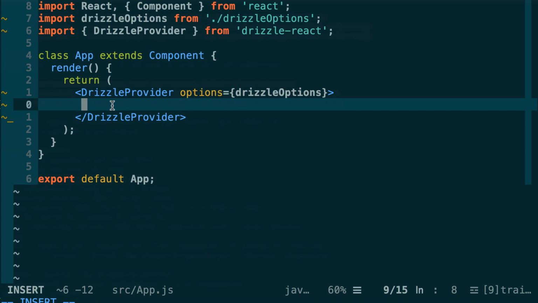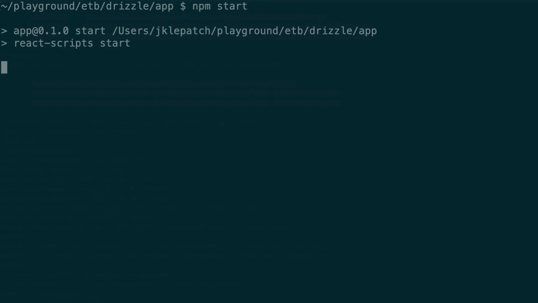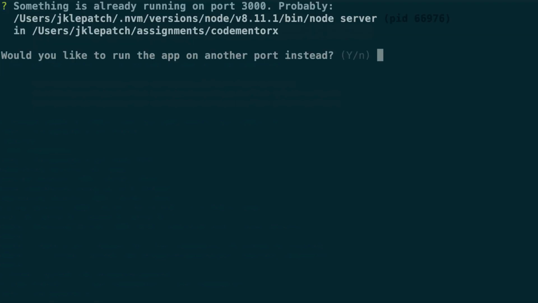Now we need to run the front end, but just before, I need to give a child component to this DrizzleProvider component, otherwise it's going to complain. So let's just create a dummy component. We're just going to call it StorageDapp, and here we close our div. Okay, so now open a new terminal window inside the app directory, so this is the directory of Drizzle, then you execute npm start, and it's going to start the Webpack dev server and basically send you to your web browser